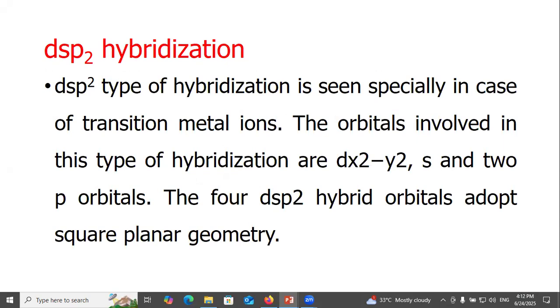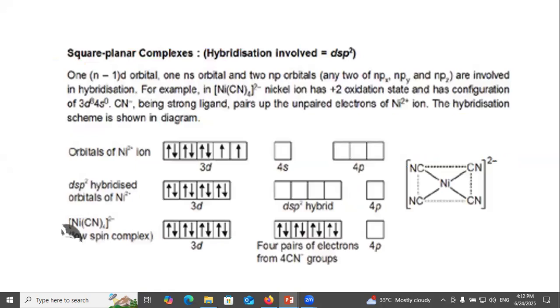The orbitals involved in this type of hybridization are dx²-y², s, and two p orbitals. The four dsp2 hybrid orbitals adopt square planar geometry. The square planar complex hybridization involves dsp2: one d orbital, one ns orbital, and two np orbitals. Any two of npx, npy, and npz are involved in hybridization. For example, in nickel